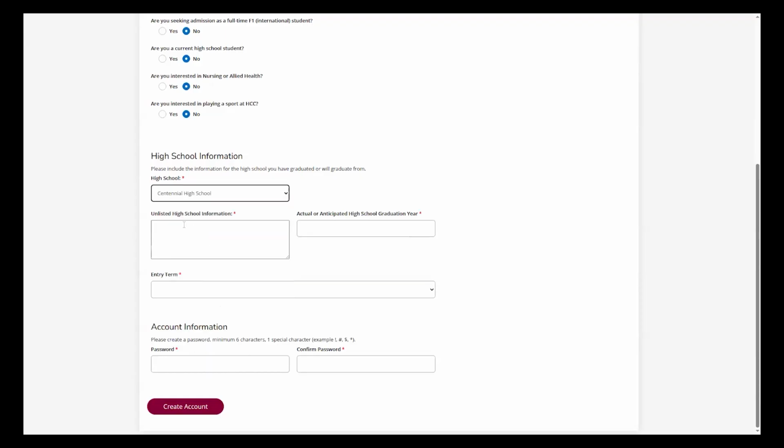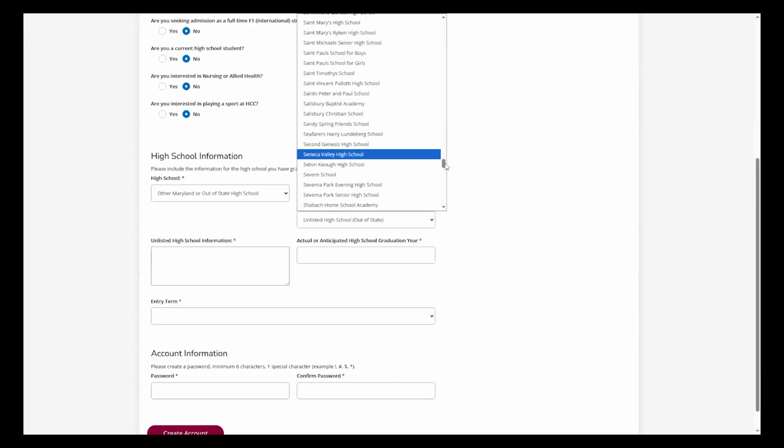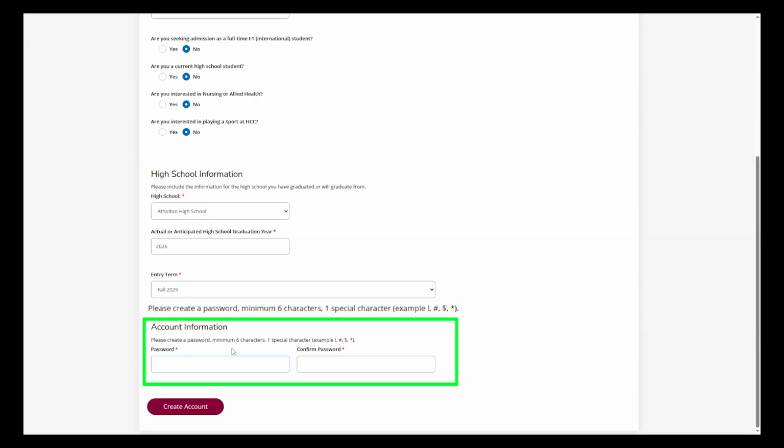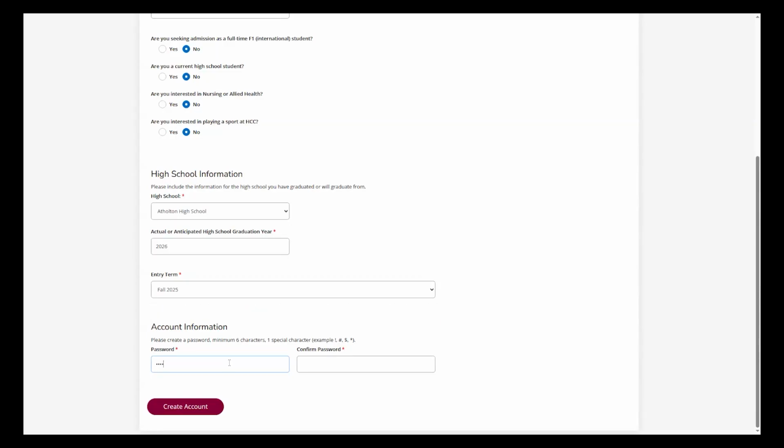For now, I will just enter in some random information. And as you create this password, please note that you have to create a password with a minimum of 6 characters and 1 special character. An example is an exclamation point, a hashtag, a $, or an asterisk.